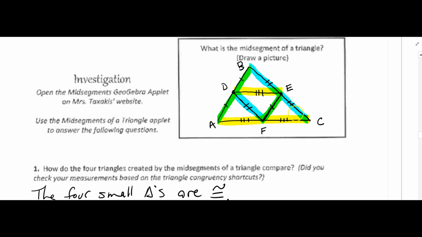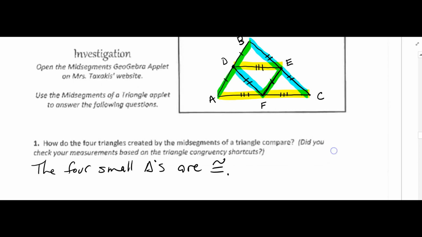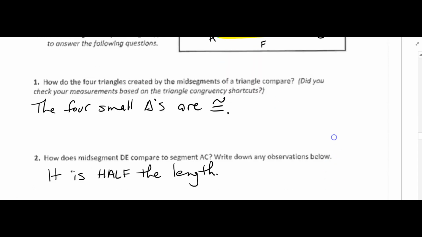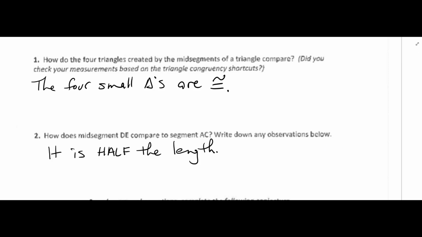Now if you look at these 4 small triangles, each triangle has a green side, a blue side, and a yellow side. So these 4 triangles we could prove are congruent by side, side, side. So how does the midsegment compare? We already said that it's half. It is also